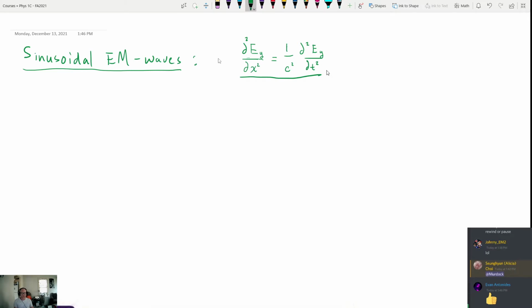And we want to look at solutions of this. So the question would be, what kind of functions E_y actually satisfy this equation? And I said last time that in general, if you have some function E_y of x and t that looks like this, any function like this will automatically solve the equation. But there's another type of solution that we can look at, and for this we go back to something